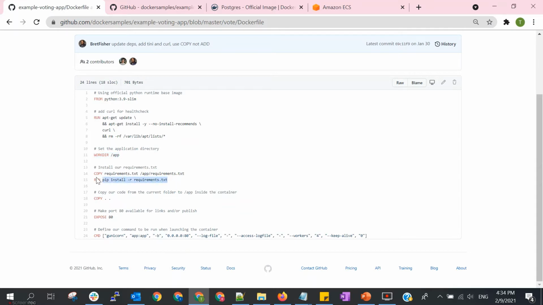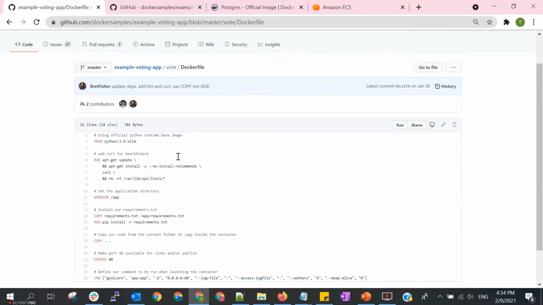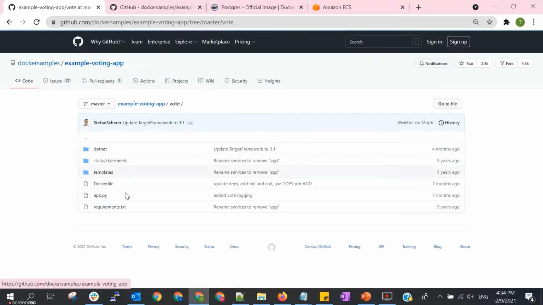There are some requirements to be installed, taken from the requirements.txt file. This copies the code to the /app folder, and this vote app is exposing port 80, so later we need to map to port 80.